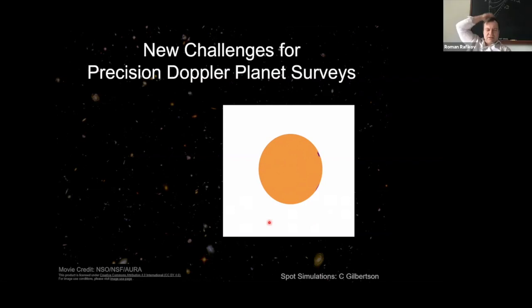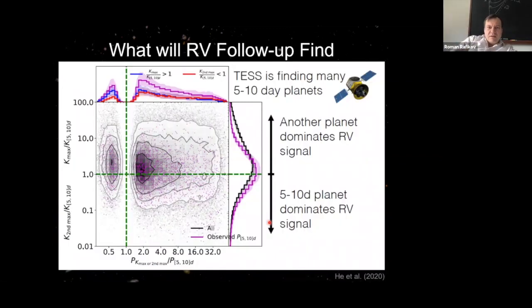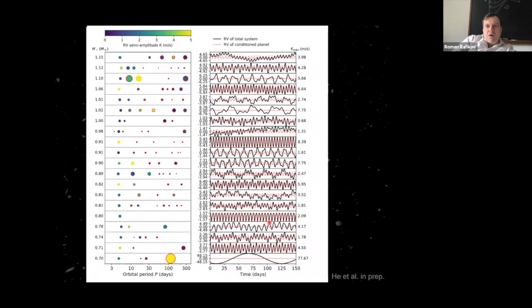Yep. So, why do you need to go to such high RV precision if, in the simulated data that you showed before, they had like kilometers per second, right? Meters. Sorry, can you go back? Yeah, so those are all meters per second. Oh, it's meters. Oh, I see. Okay. Yeah. Kilometers per second is great for studying binary stars.